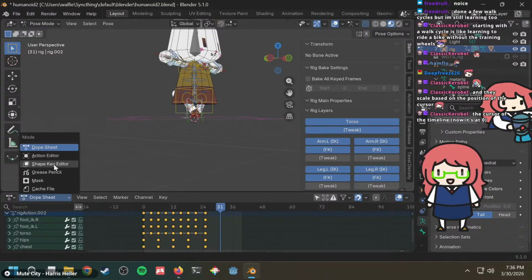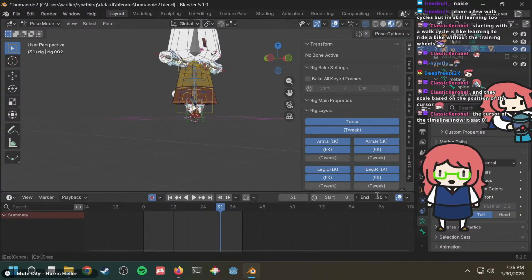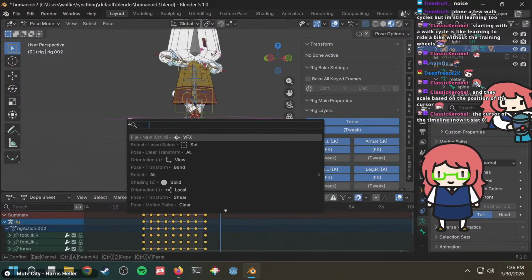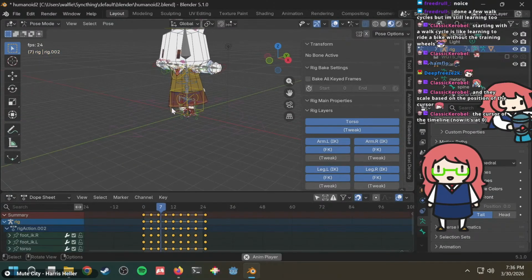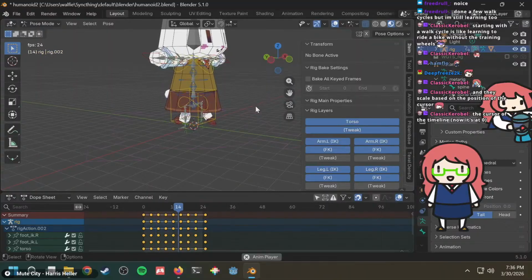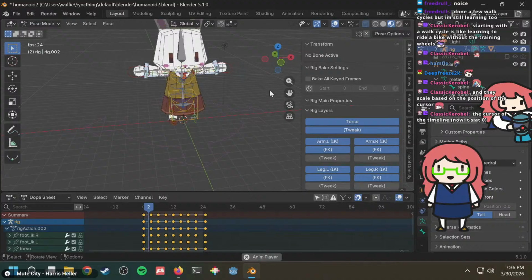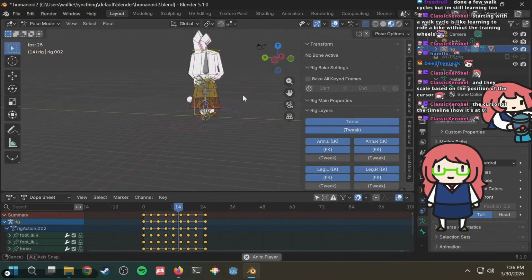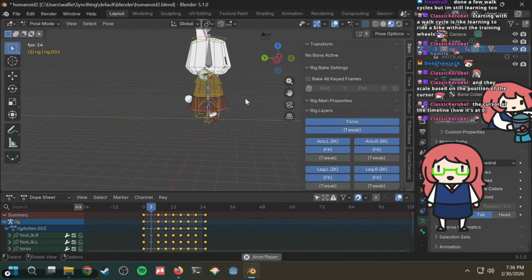Do I have to go back to timeline view? Okay, 24. And then back to dope sheet view. Okay, that looks much better. I guess it's more of a run than a walk, but that's also fine. A bit of a slow run.